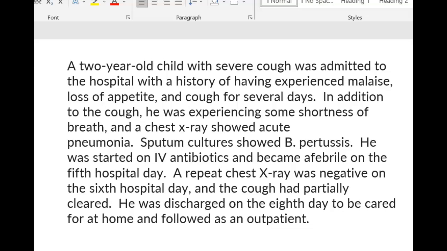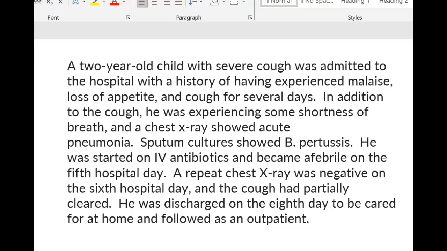Students, I'm going to go over the last part of the encoder exam. I know there were a few questions. Some of you just didn't complete it, so let's see how this works. So we have a 2-year-old child with severe cough, who was admitted to the hospital, and then we just get into